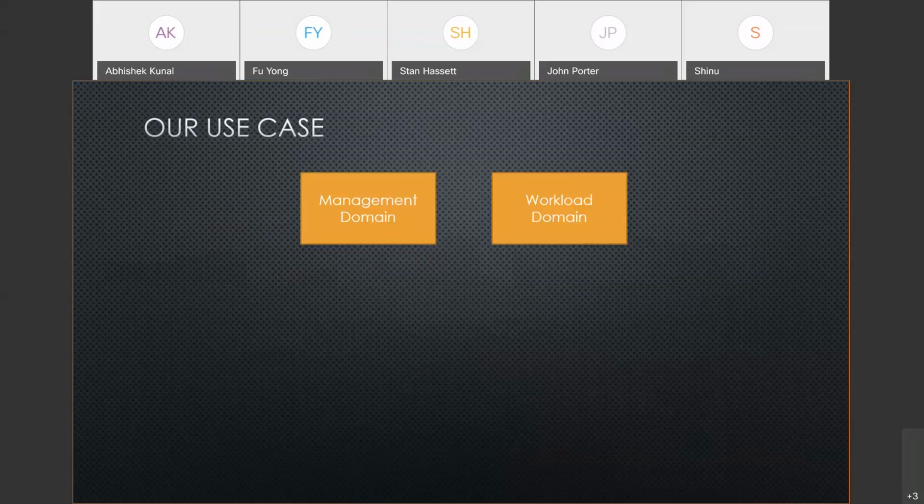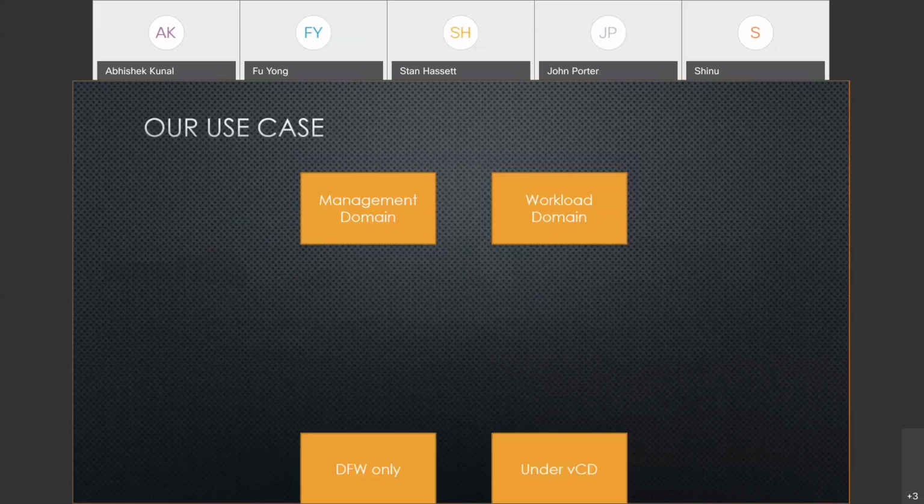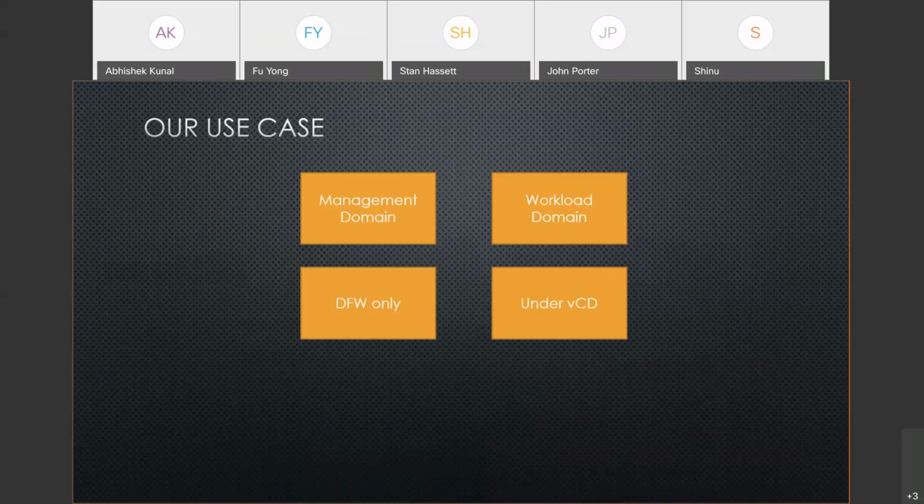But when you come down to the customer's environment, we are going to define it as a workload domain, where the customer's traffic is being handled by NSX. And we have to go through some phases of design where we need to have proper discussions. But what we have underneath the management domain is the DFW, the distributed firewall, that is being used only. We are not at all using VXLAN in the management domain. That's one thing you have to keep in mind. But when you talk about the workload domain, we have a mix of